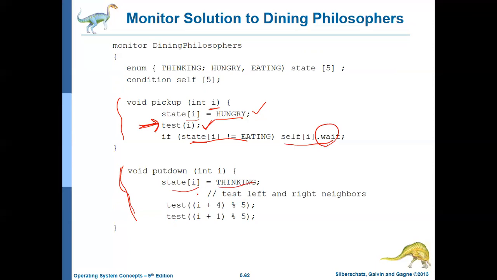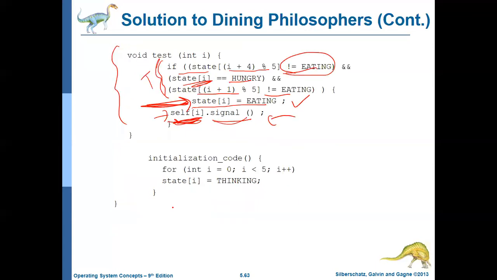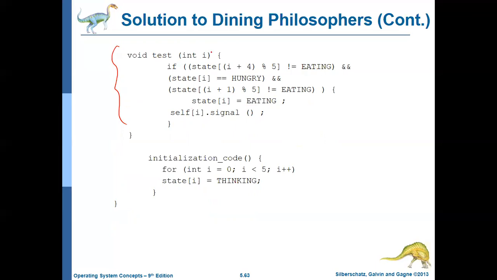Now, once the state of I is thinking, we again test whether the nearest person, the next person to the right, is given a test function. Similarly, the next person to the left, I plus 1, is also given a test function. We'll see what happens when we invoke this test function for the person on the right. We take the next value, not the current person. Say we had the 0th value; the person on the right was the 4th person. So 4 is given into this.